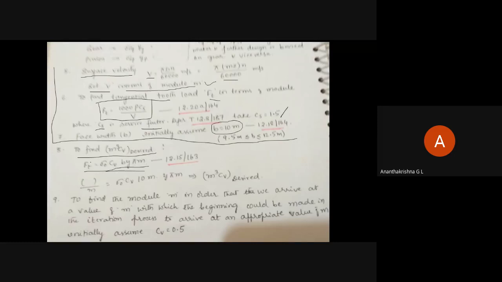Now, for this Ft, I have the value here, which is something divided by module. This is the value of Ft which I extract from step number 6. Then I have sigma naught CV. 10m is the value of B. Then y into pi m. To find the module m, we begin the iteration